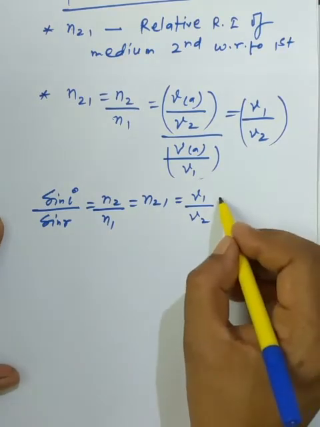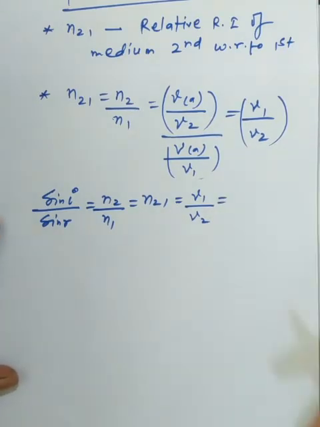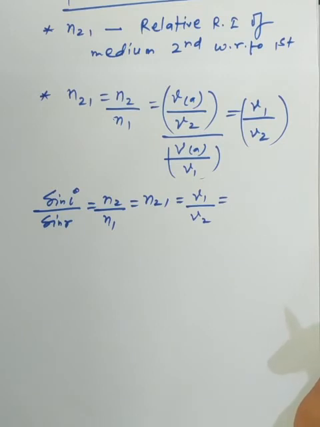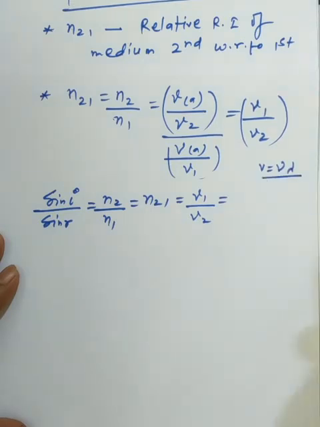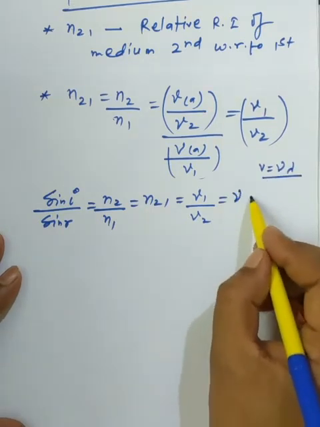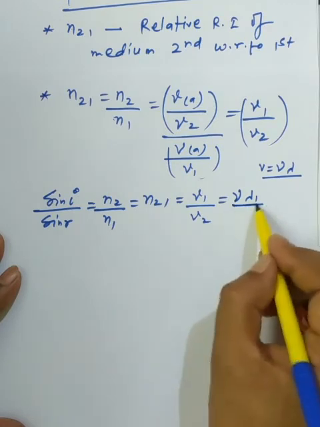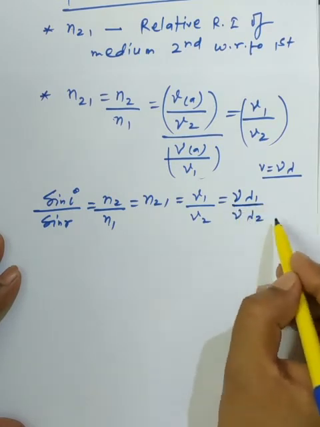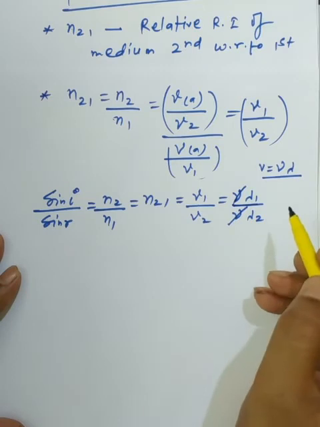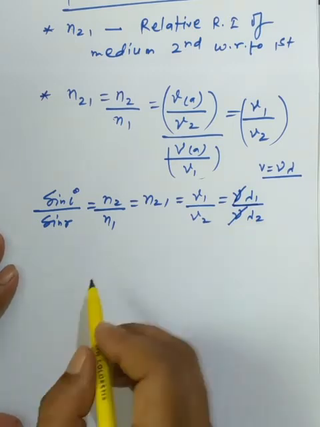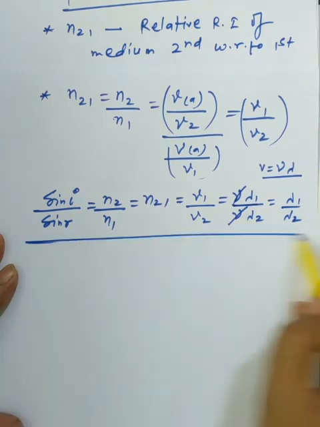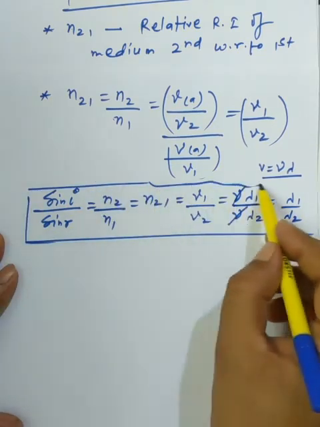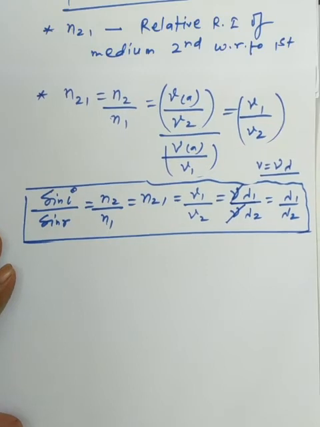Now further we can make changes in the formula. So in the 9th class, students, we have gone through the relation between the velocity of the wave, frequency and the wavelength. So we are using the formula here. Whenever the ray of light is traveling from one medium to another medium, its frequency does not change because it depends upon the characteristics of the source. So further we are getting the ratio lambda 1 upon lambda 2. So this is the huge reference formula. So whatever query we get, we can solve it.